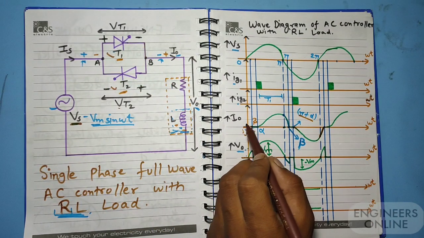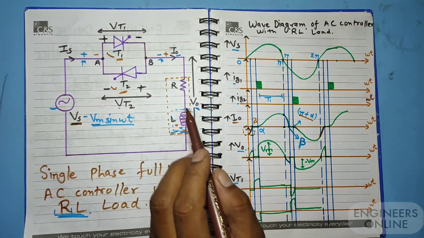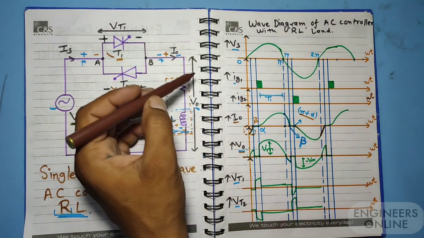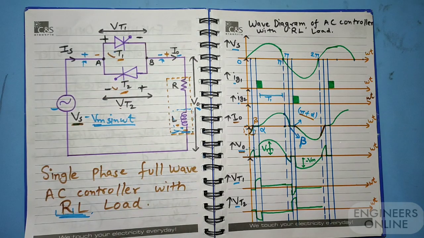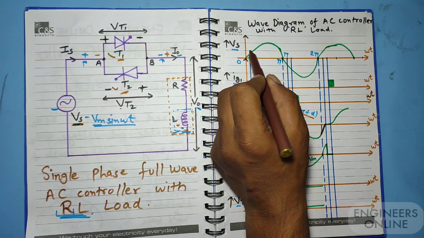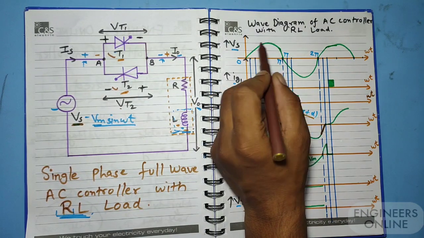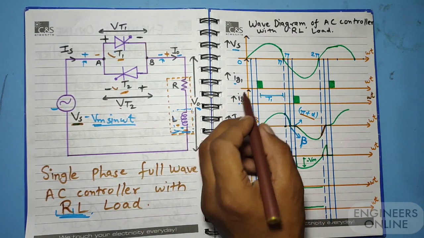And this is I0, the current which will flow through the load, and V0, the potential difference which will appear across this load. And this is Vt1 and Vt2, which are the potential differences across each thyristor. Let's consider the first positive half cycle of the source voltage. So here you can see